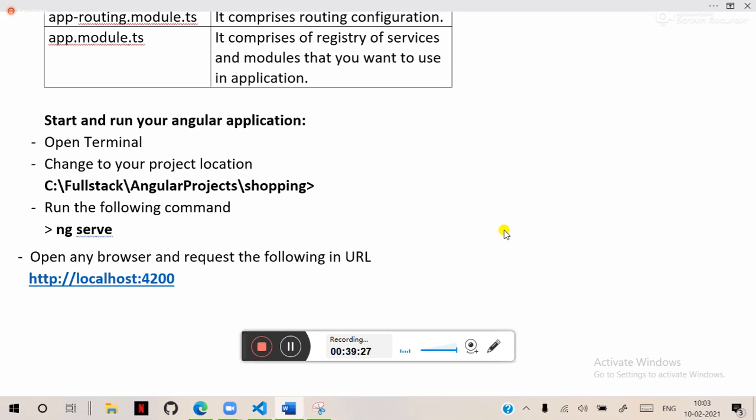We can run on different port numbers also. For that we need to learn the commands. With ng serve, we can also write port equal to some port number. You can define so many options. As of now, this is enough. Now once you start this, what you can do